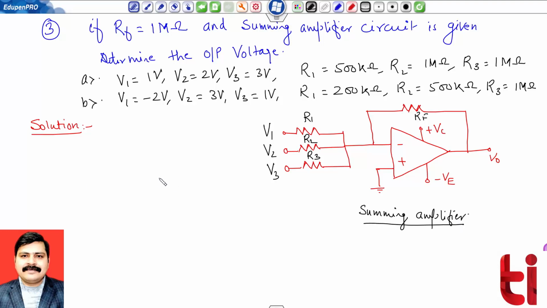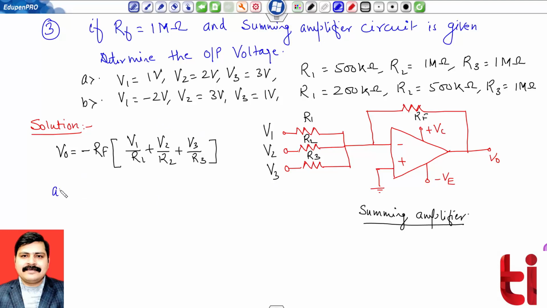So if you can recall the formula which we have discussed, the output voltage of the summing amplifier is minus feedback resistance RF times V1 upon R1 plus V2 upon R2 plus V3 upon R3. There is a slight change in the notations, as we have used voltages V1, V2, V3 and resistances R1, R2, R3. Now for the first case,